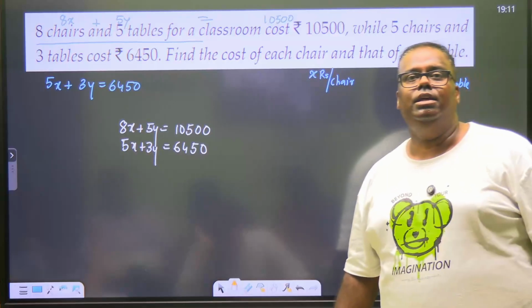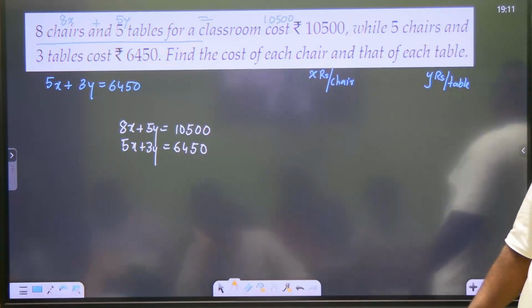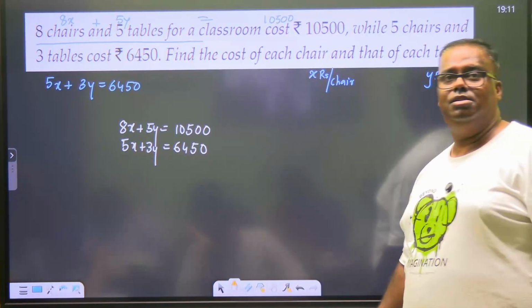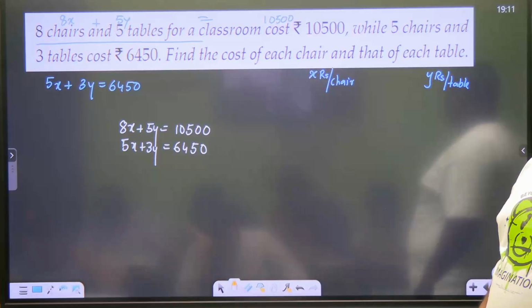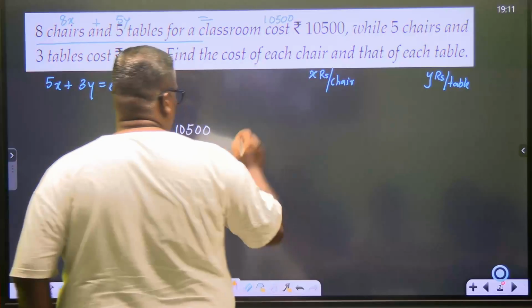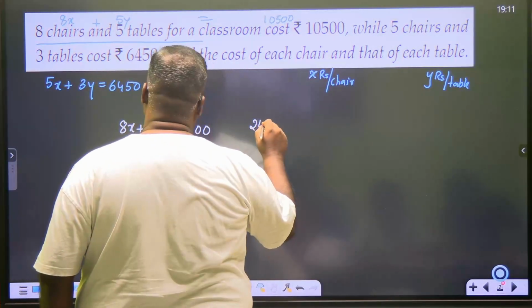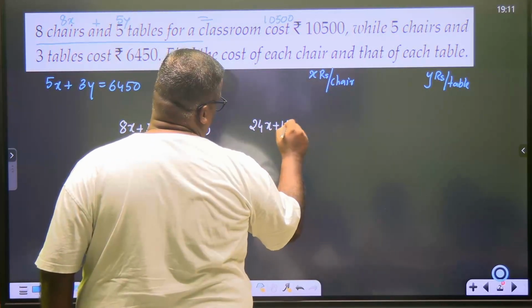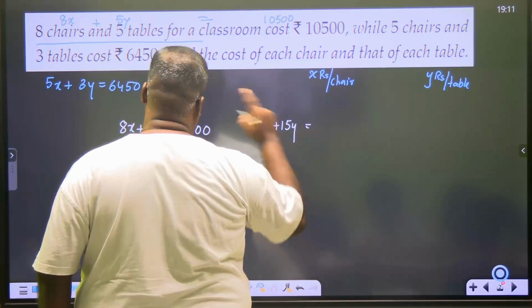Ali, you are becoming the new nail biter. Come on, do the problem. So, 24x plus 15y is equal to